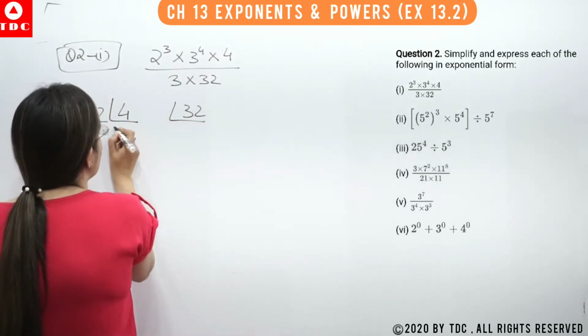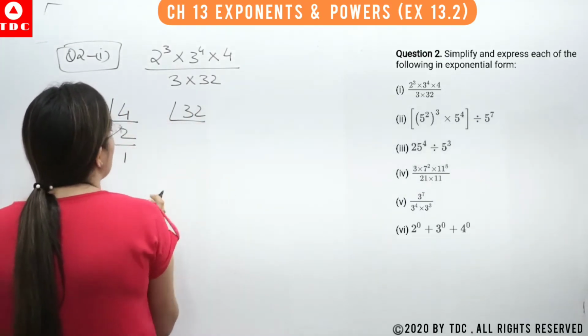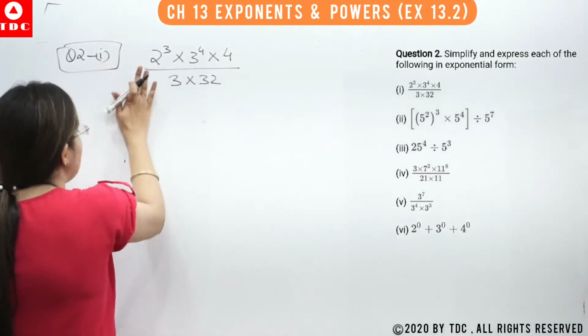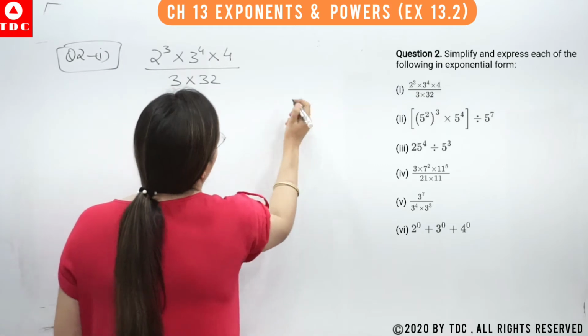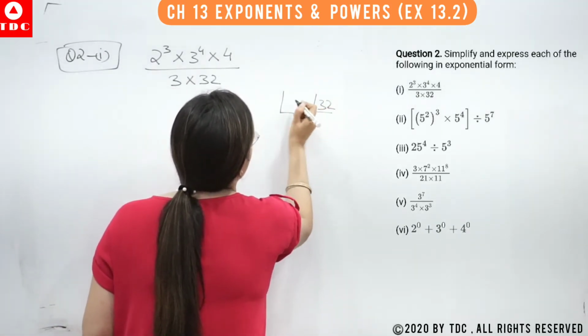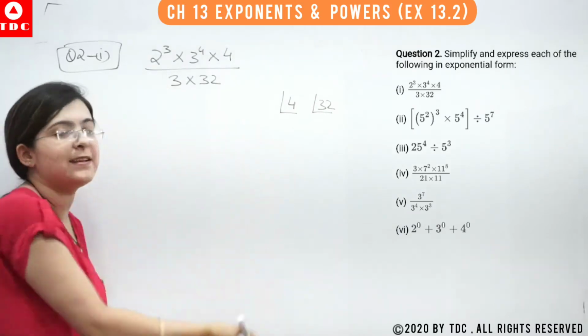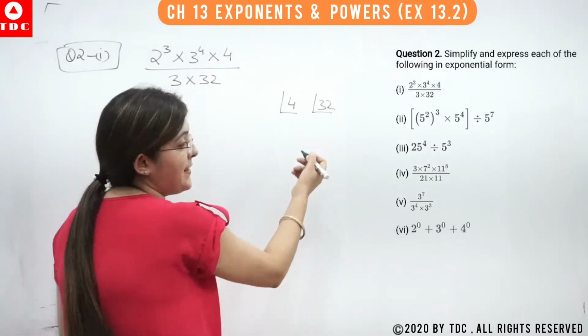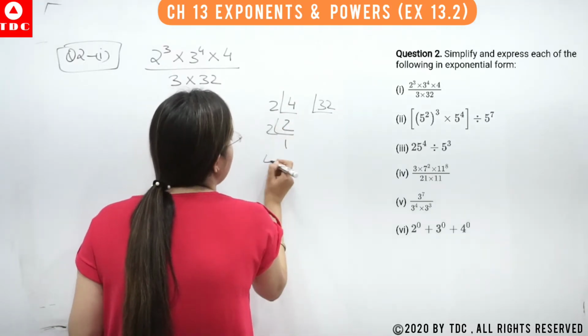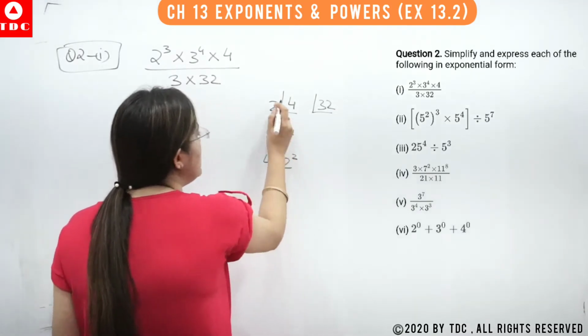What we will get? 2 2s are 4, 2 1s are 2. Okay, you can do this in rough also, or show it at the side. Okay, do it on the right side. You can do it in your copy on the right hand side or in the rough. It's better that you show. What we will get? 4 can be written as 2 to the power 2.